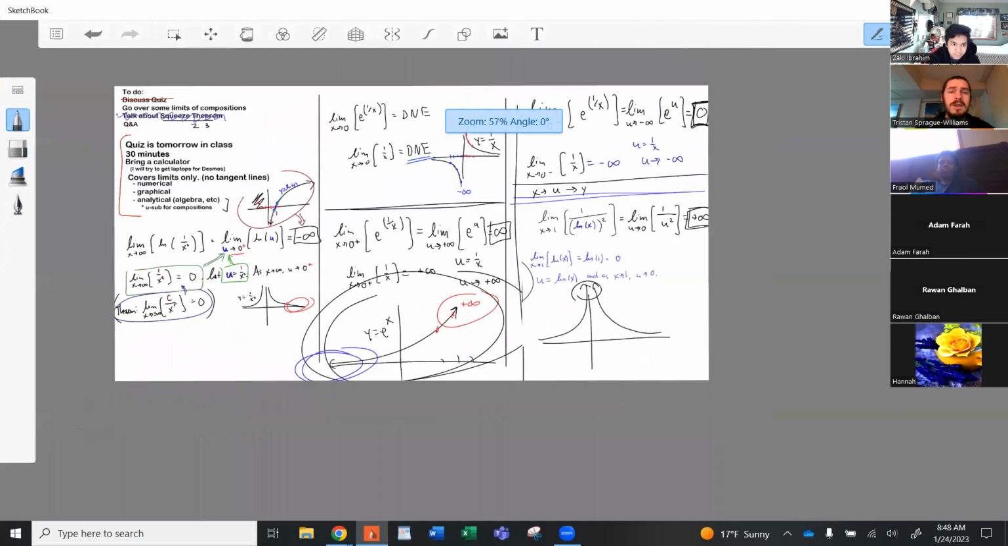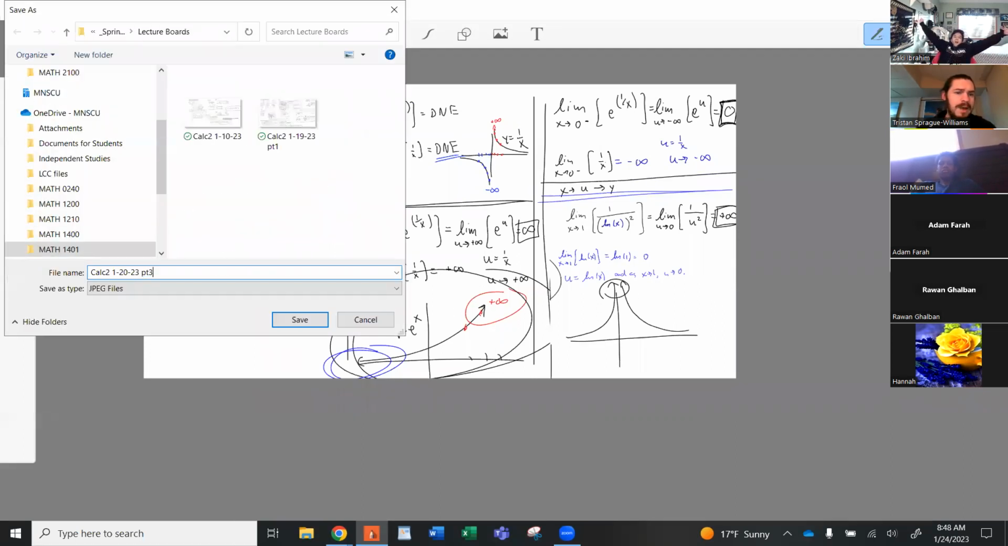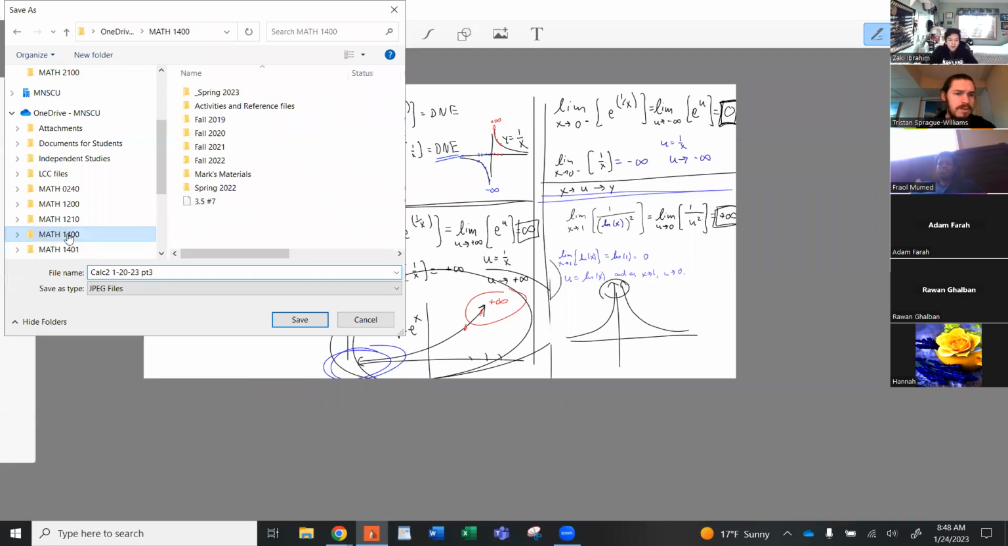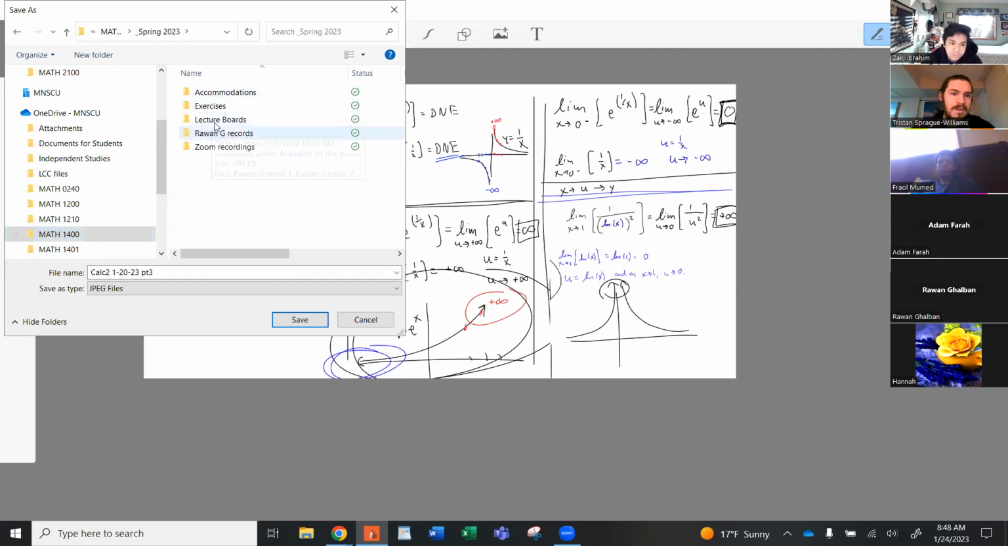So here is an important point to make. I'm going to export this first of all. But you guys, on tomorrow's quiz, if the limit doesn't exist, but you could be more specific and say the limit equals infinity or the limit equals negative infinity, I want you to answer with infinity or negative infinity specifically. Okay. So this is one of the kind of annoying things about limits that